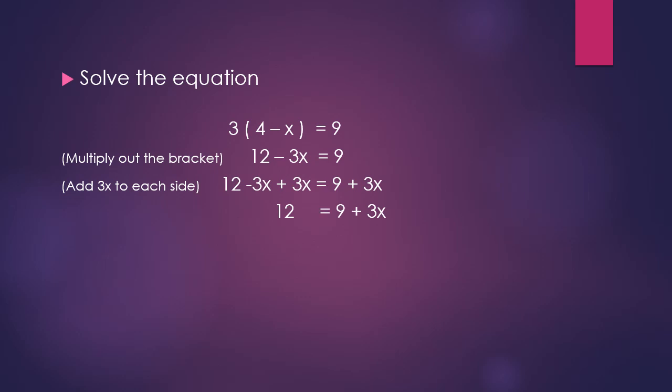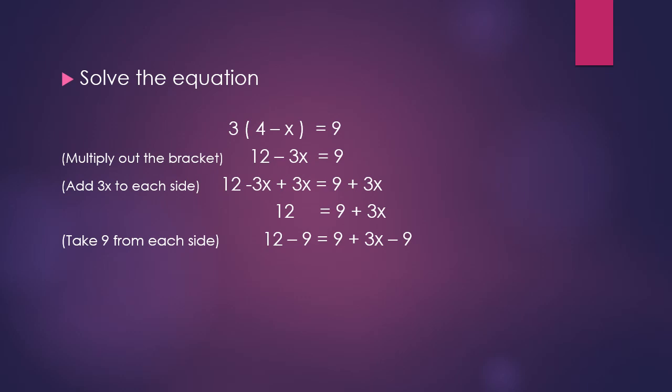Then you are getting the answer like this. From the left hand side, negative 3x and positive 3x will cancel. Then 12 is remaining. In the right hand side, you can see 9 plus 3x. Then the next step is cancelling positive 9 from the right hand side. To cancel positive 9, we must add negative 9 to each